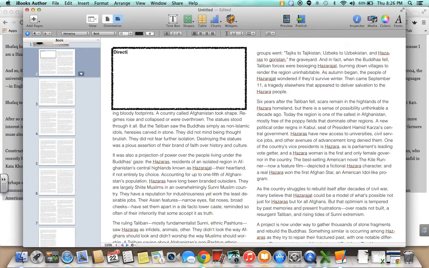So I'm writing directions in bold. I used Command B to get there because I really love hotkeys. So directions, I'm going to say annotate this text by highlighting, and this is what I generally do, so the students are pretty used to it at this point in the year, by highlighting main ideas in blue